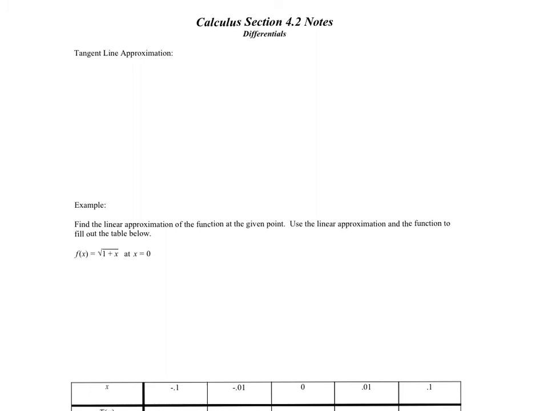All right, in section 2, we're going to use what we call differentials. Now, differentials is going to be a way to approximate change in a function. So we're first going to look at what we call a tangent line approximation. A tangent line approximation is when we use a linear function to approximate a function, we'll call it f of x,